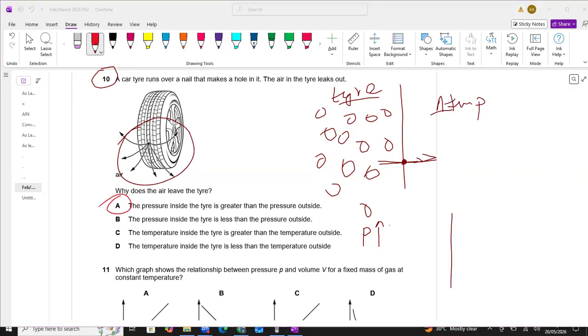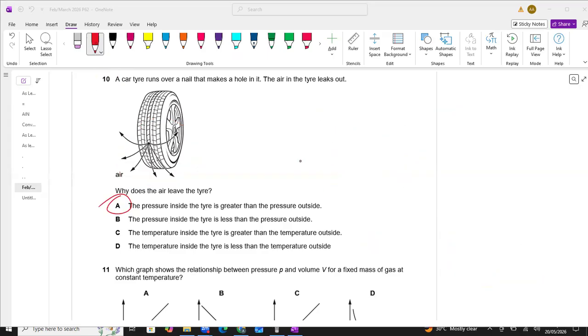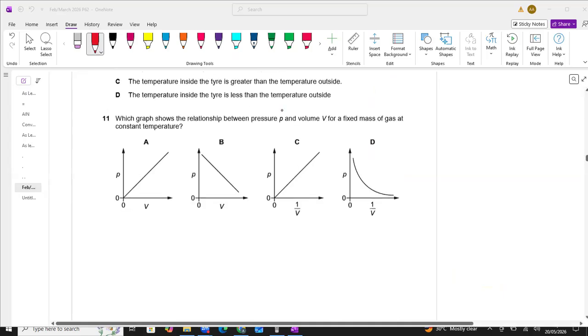Like for example, if a gas cylinder is leaking, there is a hole in the gas cylinder and it is leaking. So it means that the pressure inside the gas cylinder is greater as compared to outside. What is the reason here? Because the area of a cylinder is specified, it is particular. So for a smaller area, pressure will be greater. So the gas will move outside, because the outside pressure is less. So it means, students, A is the correct answer. All right. Now look at question number 11.